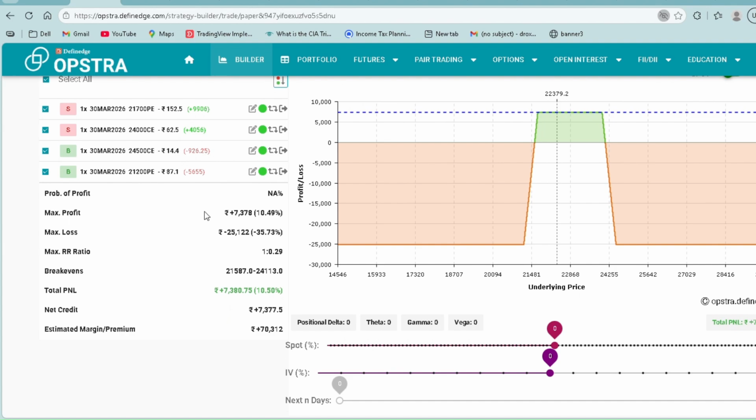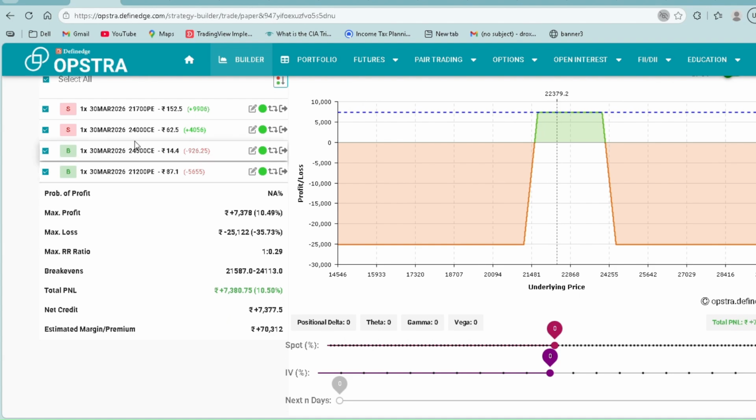So my max profit is 7,378, that is 10.49%. Max loss is 25,122, that is negative 35.73%. My max RR ratio is 1:0.29. My break even comes to 21,587